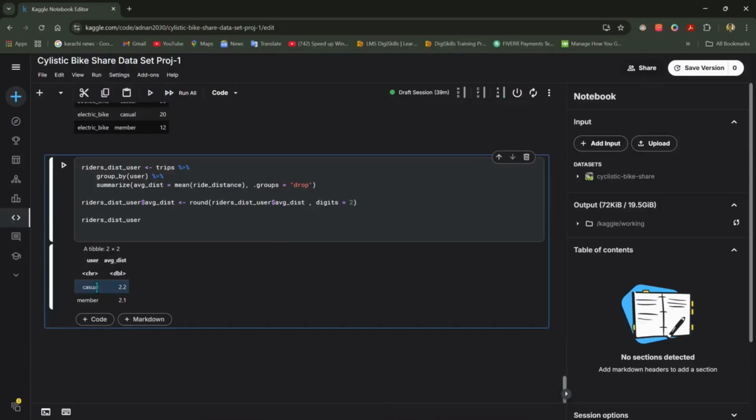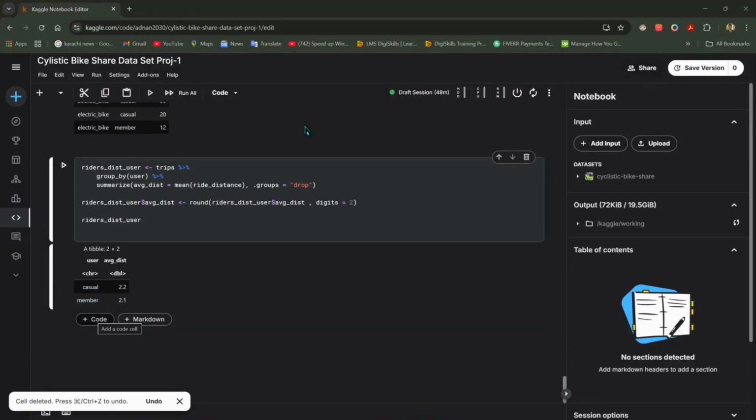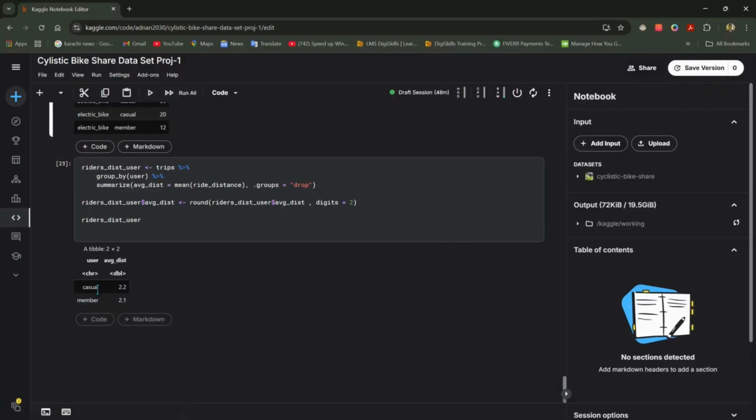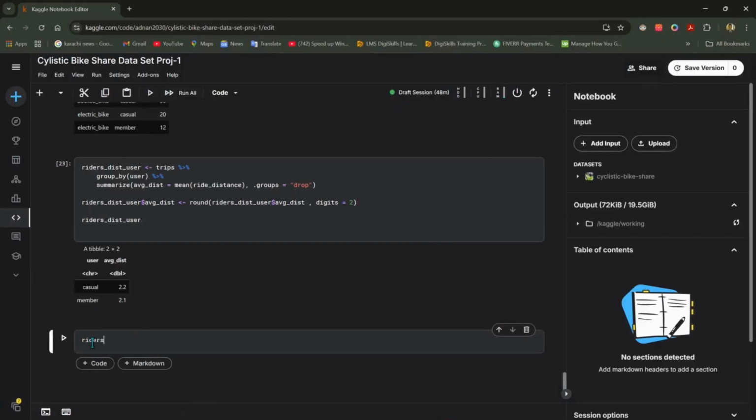And as you can see, casual members on average travel 2.2 kilometers approximately, and annual members 2.1 kilometers on average. So guys, now we are going to calculate the distance travelled on different bike types by both users. So the code is simple. I'm going to write the code. Riders underscore distance underscore bike types, pipe, greater than. We are going to use the trips percent greater percent, and it is grouped by